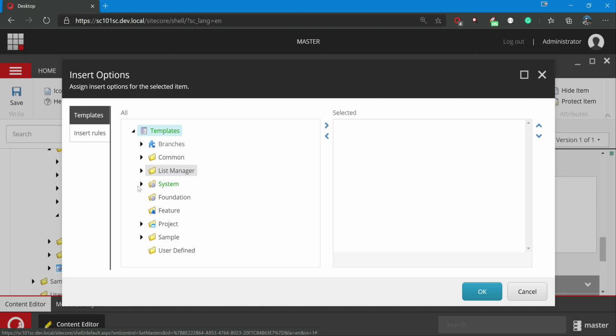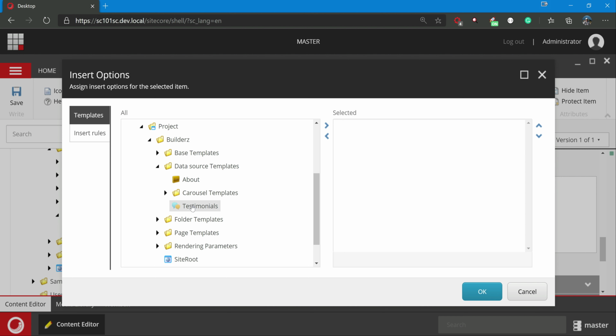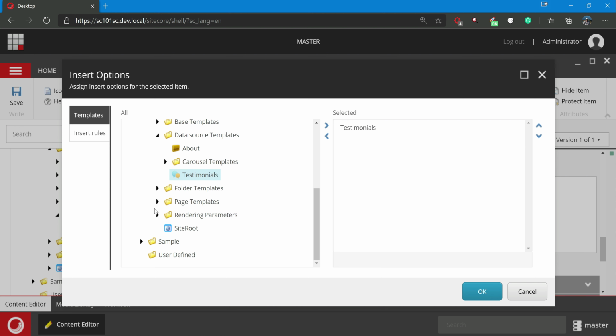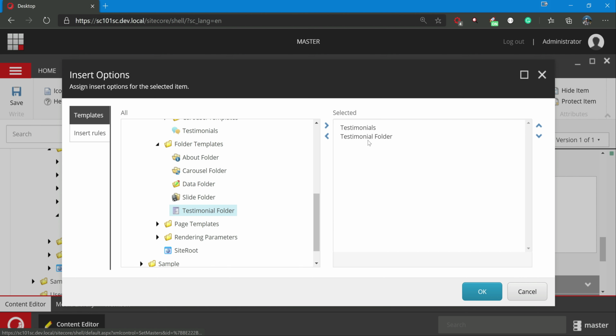So let me add a couple of insert options. This is for the testimonial data source, so let me go to the data source. So I'm adding that. Also, most of the time we will add its own template as well, testimonial folder, so that if we want to create another folder structure inside the parent level, we can create it. So we will get that option. Okay.